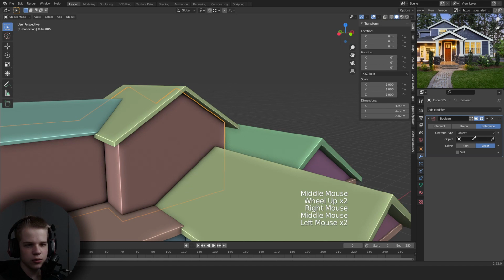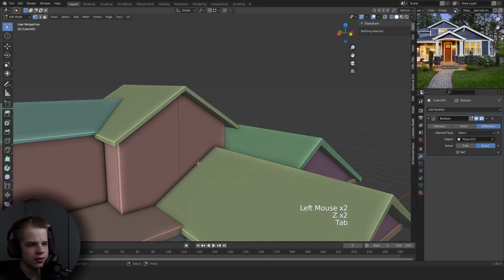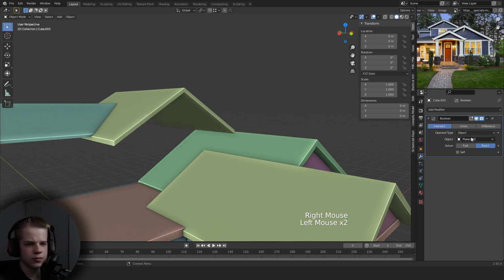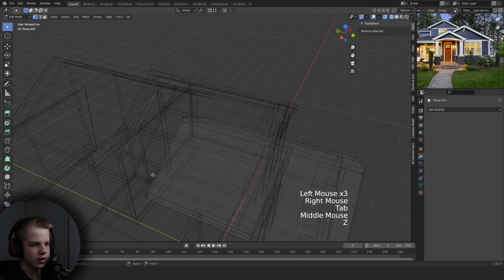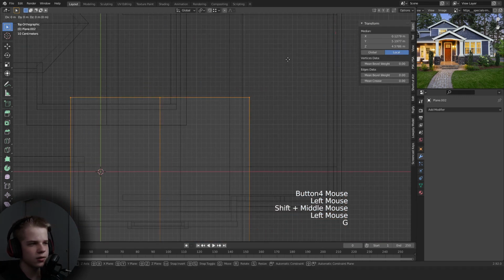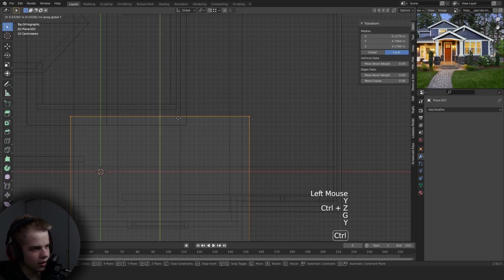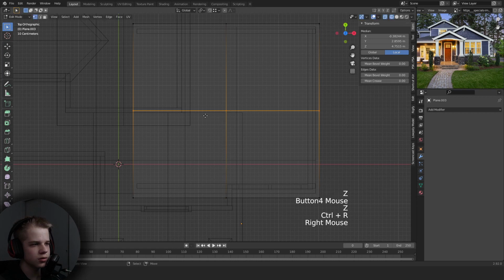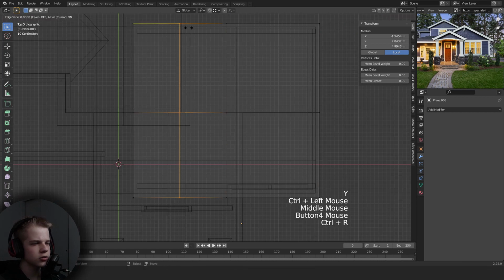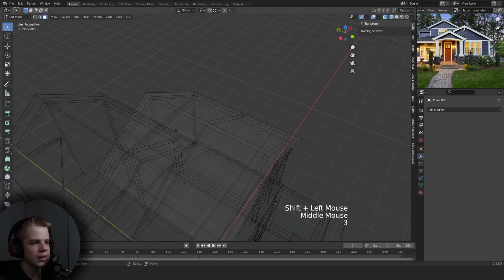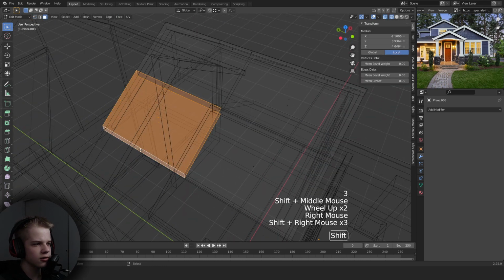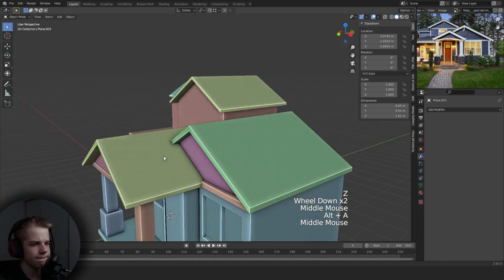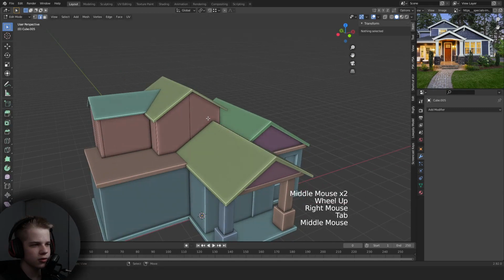So boolean, select this model, okay, that doesn't work. So let's just drag this back, so it lines up there, and then this one we can add an edge loop, and then add an edge loop there, and then delete these faces, and then fill in like that. Okay,